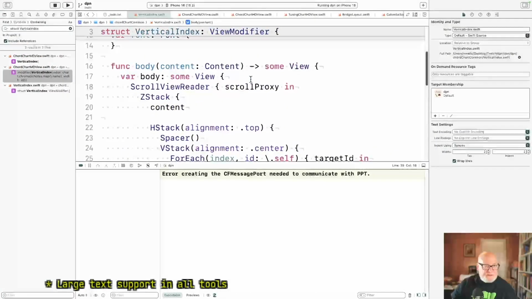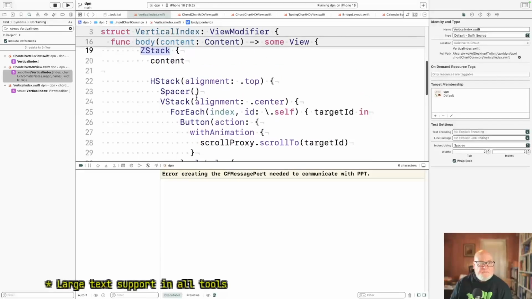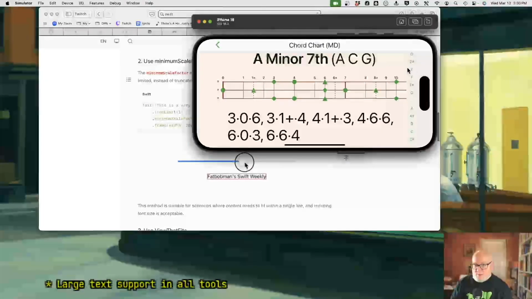Well, the other thing is, this is a ZStack. Do I really care about the floating nature of this? I could force it to